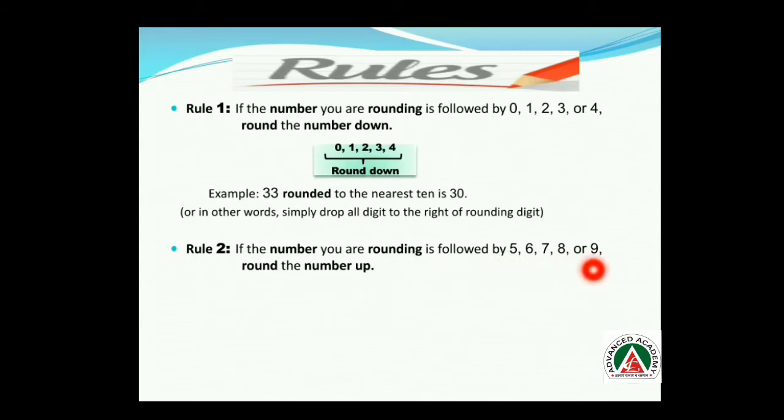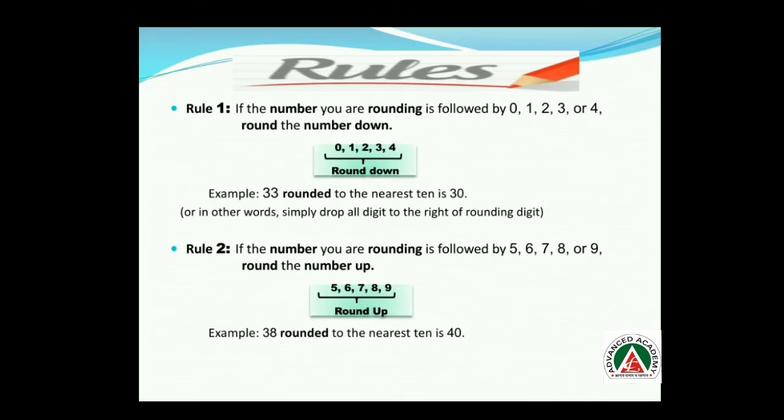So whenever this number comes in the previous place value of the number which we have to round off, we just round the number up. For example, if we have to round off 38 to the nearest 10, what is the previous 10 of 38? 30. And what is the upper 10? 40. Because there is 8 in the ones place, 8 comes in round up. So we round this 38 to the nearest 10, that is 40.